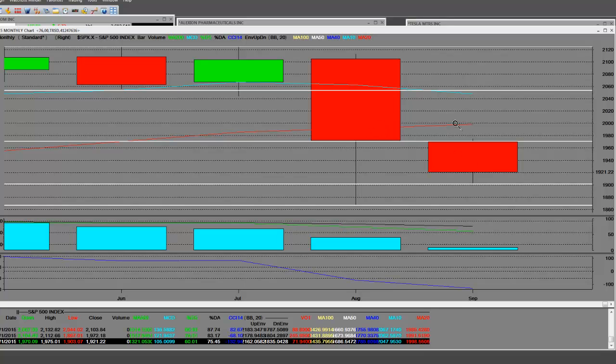But this is the beginning right now of a major reversal. And we're going to have certain trend lines that we come up to, we're going to hit, and we're going to roll over. S&P 500,